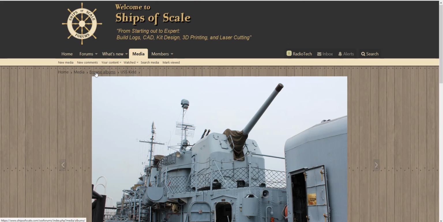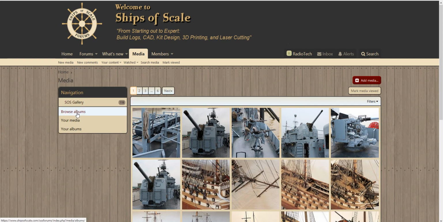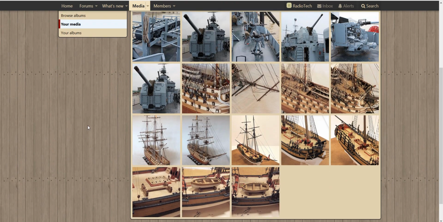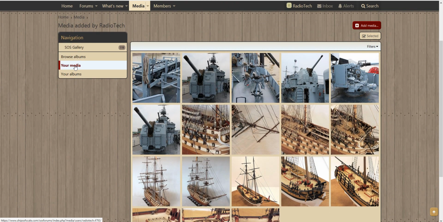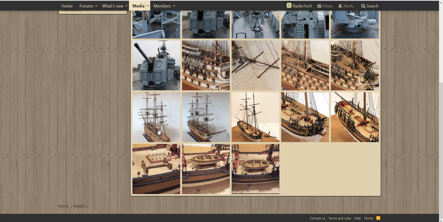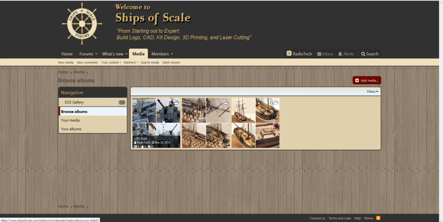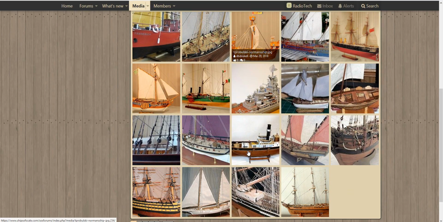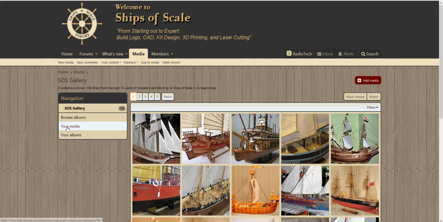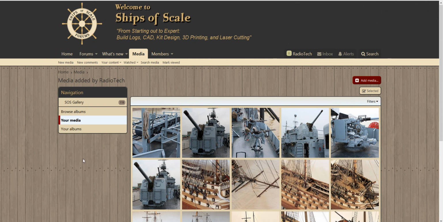let's go back to media, your media. You see that your media selection shows all of your media. Your albums just break it down into albums, and you can browse albums, and you can go back to the SOS Gallery that shows everything. Okay, so